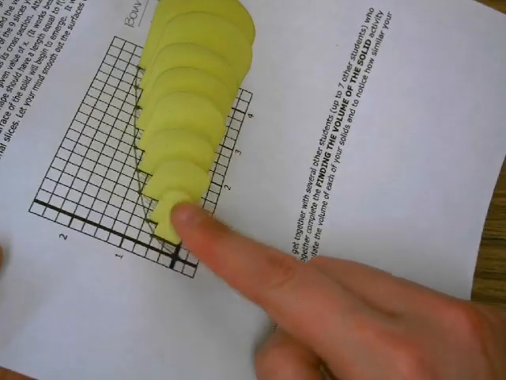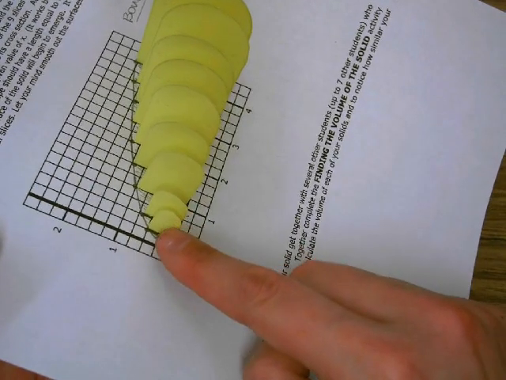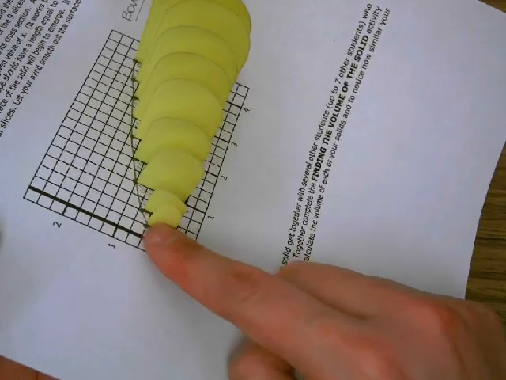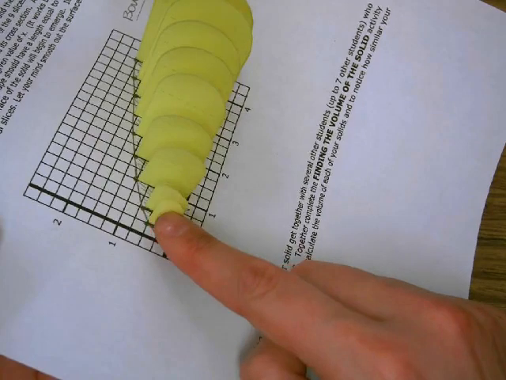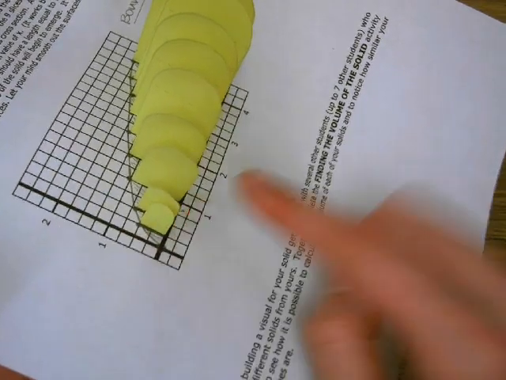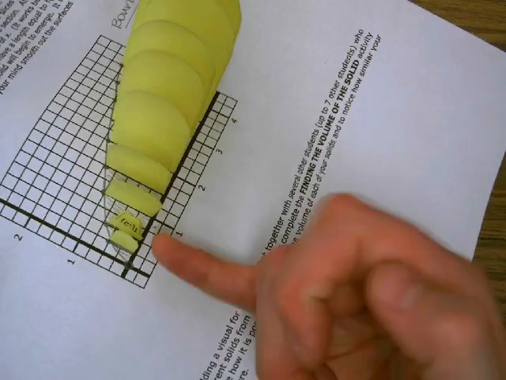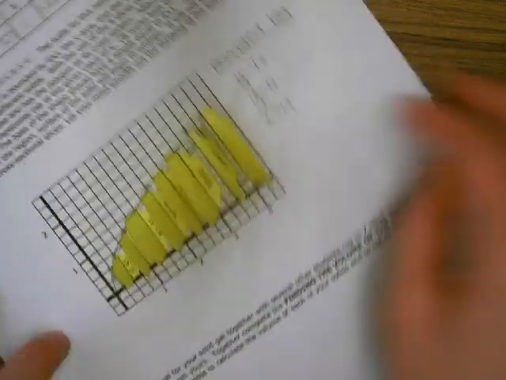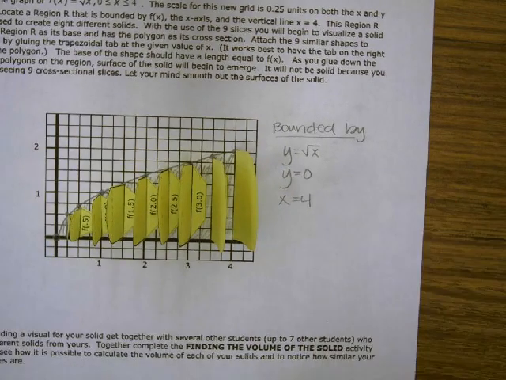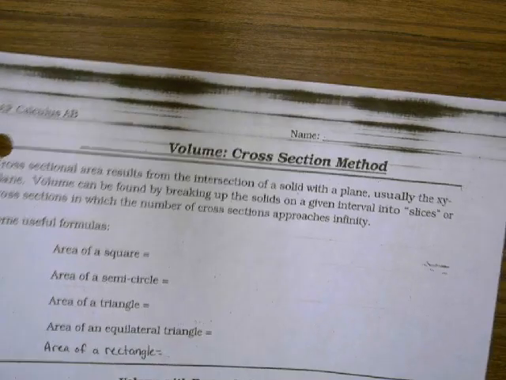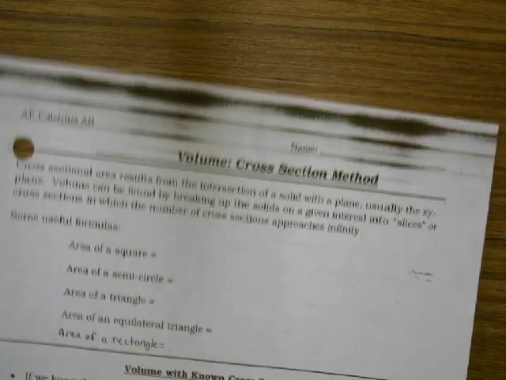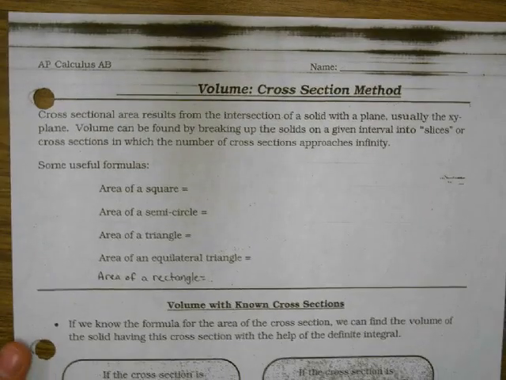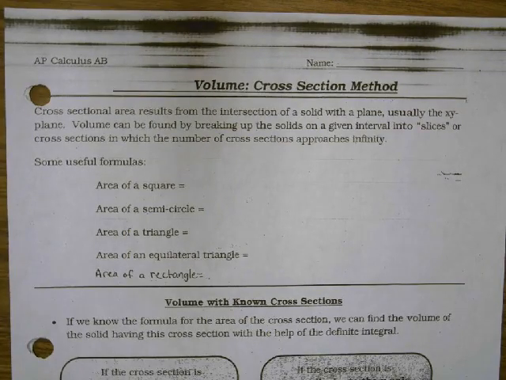So again, when we write our integral down, we just have to have a formula that describes the area right here, and then we're going to integrate that formula and then have the dx, which represents the width, and that will tell us the volume of this solid. That's what we're going to be working on. All right. So the notes that I gave you in class look like this, and that means that for us to be able to do these different solids, we have to know what our different formulas are for our cross sections. So if you can picture this,